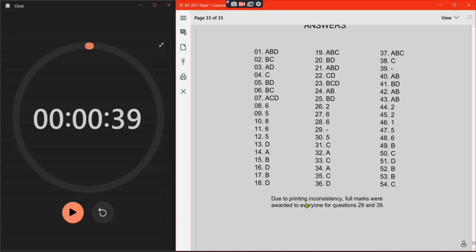41 बी डी, फिर 42 का ए बी, 43 ए बी, yes। Then 44 2, then 2 once again, then 1, then 5 6, then B, 49 का B, yes। 50 का C, 51 D, 52 B, 53 B, 54 C, ओके। सो कितने करेक्ट हुए, एक दो तीन चार, ये टोटल कितने, लाइक 41 to 54 इज जस्ट 13 इज लाइक 14,